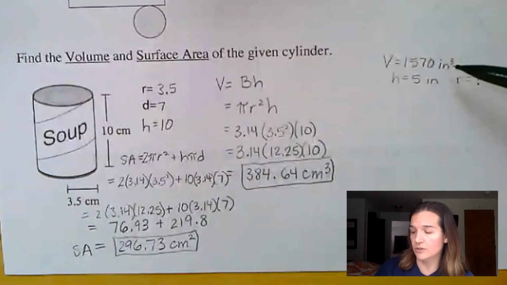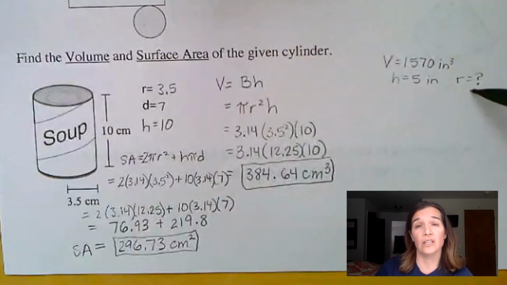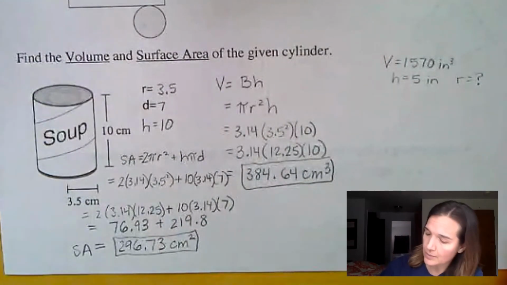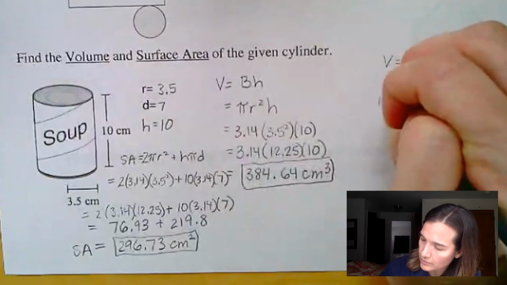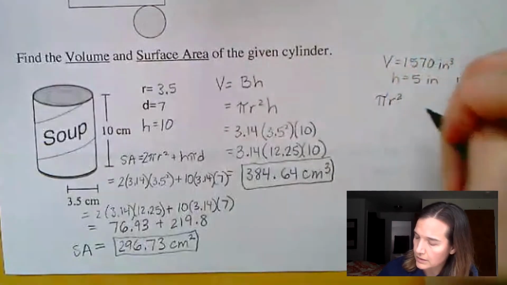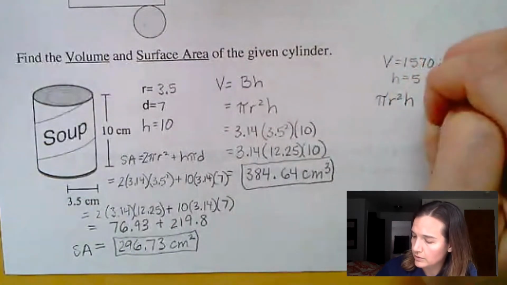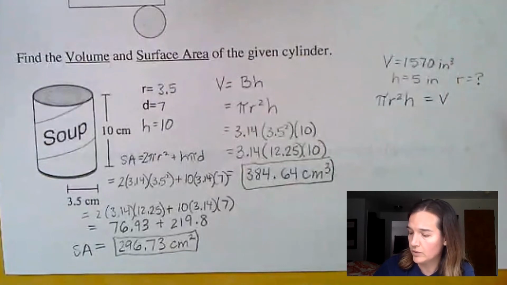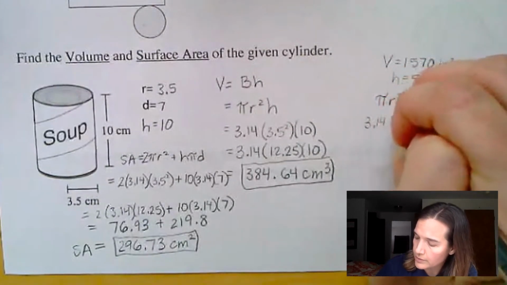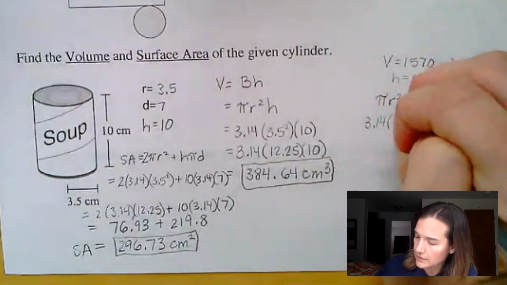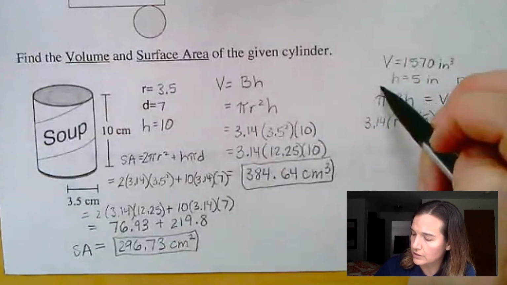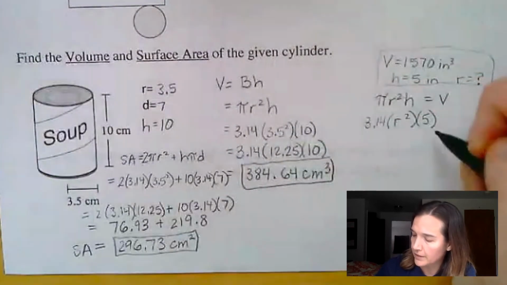Sometimes they give you the answer to the volume and want you to work backwards toward the either radius or the height or even the diameter or the circumference. So in this case, I'm going to use my formula, which is pi times radius squared times height as the volume equals the volume. And once I do that, I'm going to substitute in the things I know. I do know 3.14 is pi. I don't know the radius in this case, so I'm going to write radius squared. The height here is 5, according to this information right here. And then the volume is